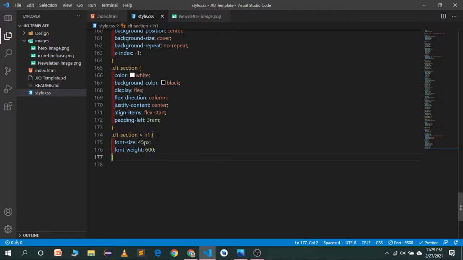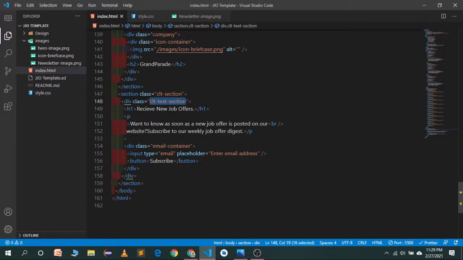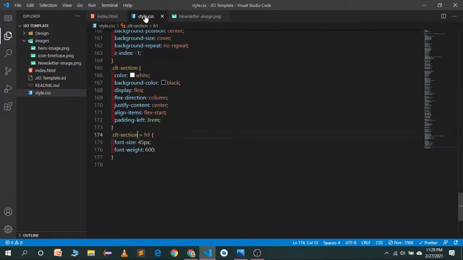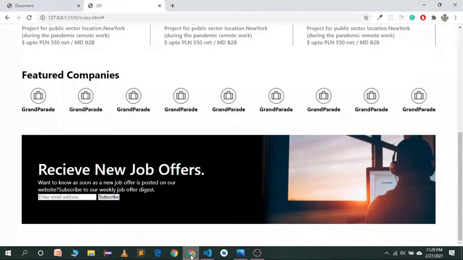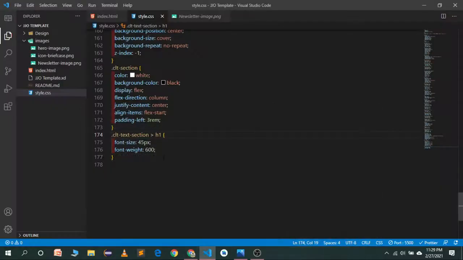So what we have to do is target the CLT text section. Copy it, paste it, remove this and paste it here. Now let's save it. Now you see we have a text.